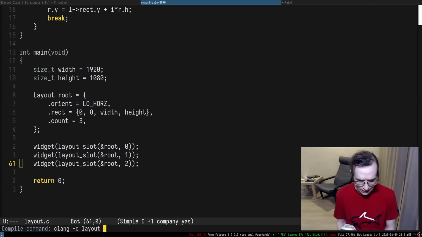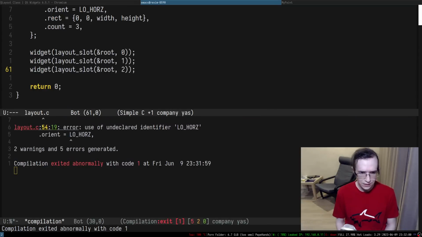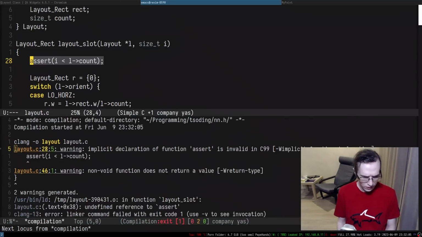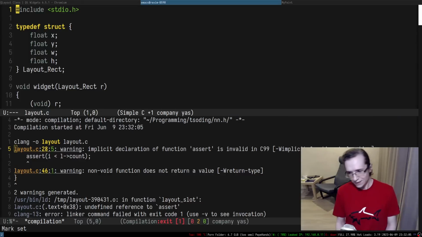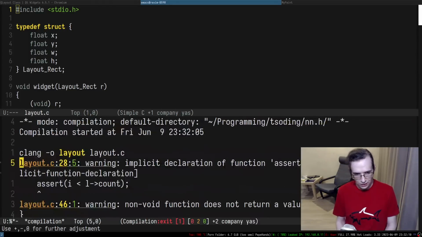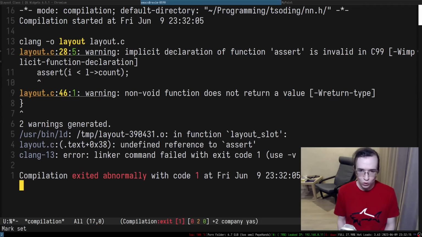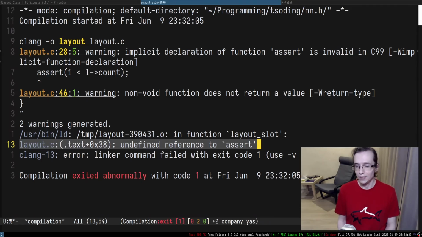So it's going to be clang layout.c. It doesn't compile, and this is because this is not an enumeration, it's a structure. It doesn't know about assert, and it's kind of funny how in C, when you don't include the assert header, it also causes a linking error, which I never understood. How does the lack of declaration of assert cause a linking error?